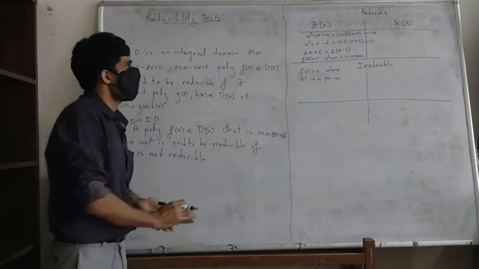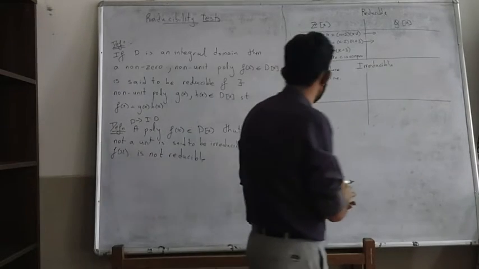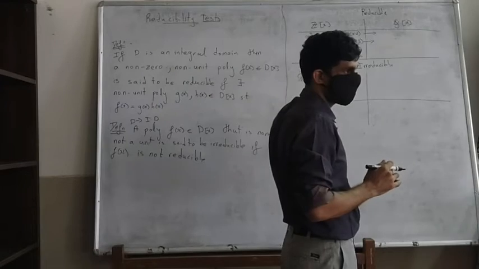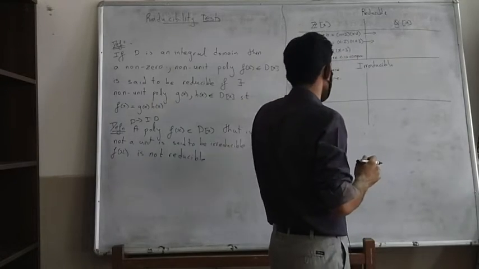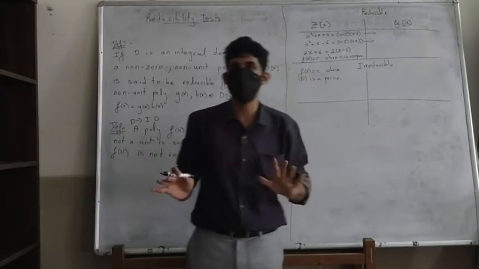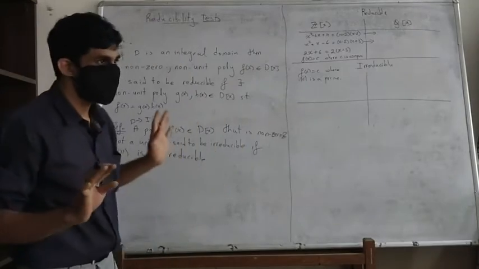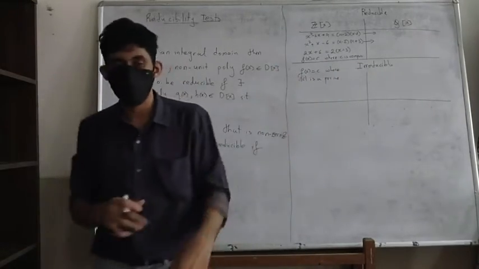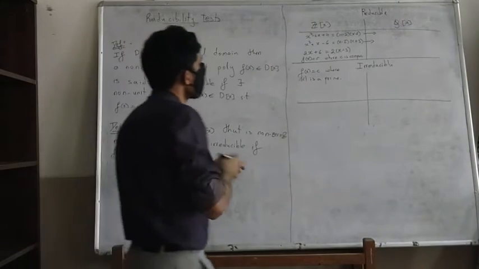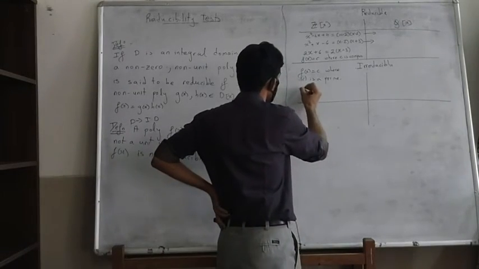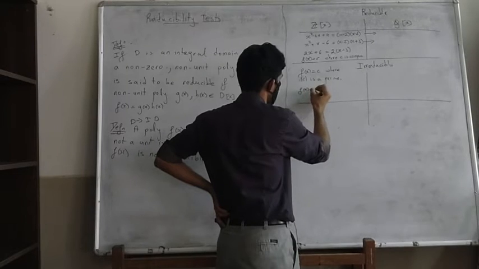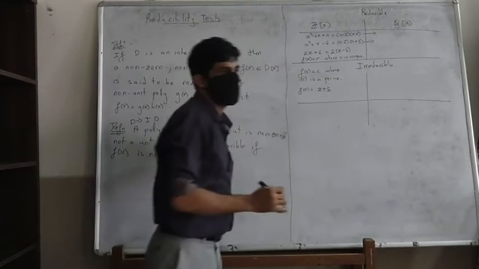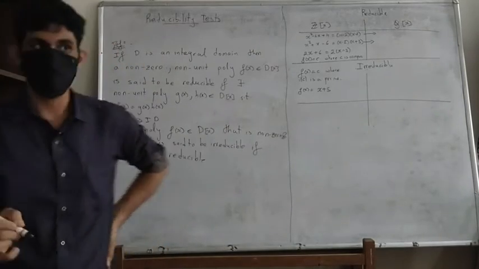Again, this is not irreducible in Q, for the simple fact that we don't define irreducible for units. This is a unit in Q, hence we don't even talk about reducible and irreducible. Okay, what other things are irreducible? You can look at monic polynomials. Here you can look at a monic polynomial x plus 5. This is irreducible. Why is this irreducible?